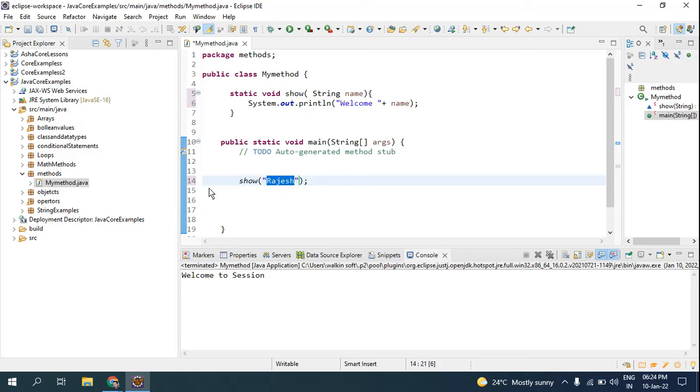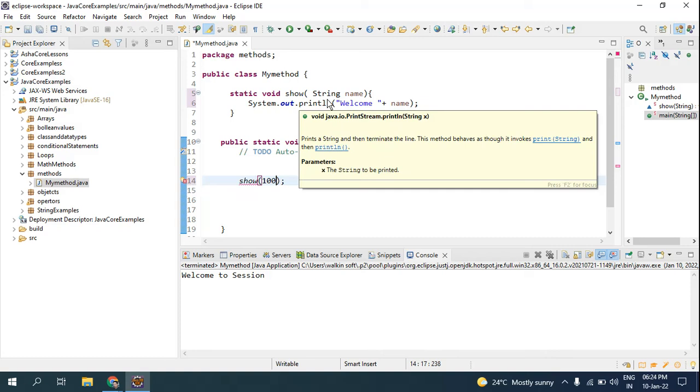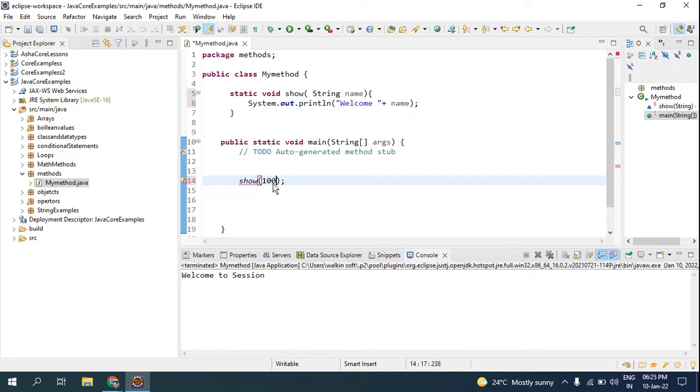Now suppose you are not able to see the error here. So what if I use here 100? Look, if I use 100, it is showing me error because I have used string. So what is string? Whatever that is inside double quotes, that is known as strings. If 100 is here, which is of data type integer, you cannot use this. For that you have to make the data type int. If you make this int, compiler does not give you error.